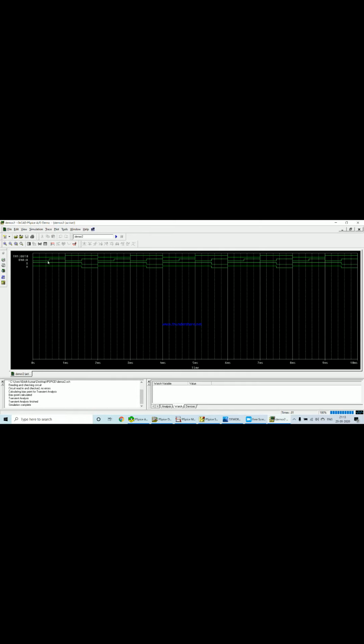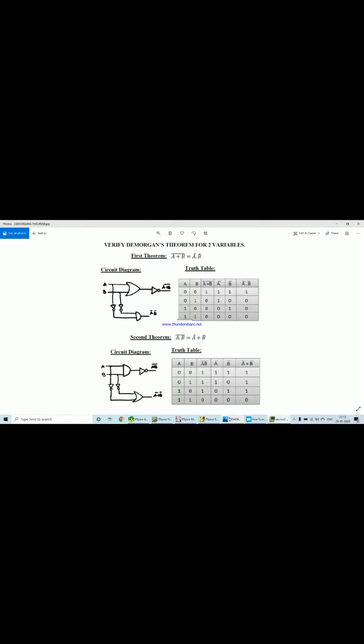I have simulated now. You see these are the two inputs that I have, whereas X and Y are the two outputs. For 0 0 it is 1, for 0 1 it is 1, for 1 0 it is 1, and only for 1 1 it is 0. See, all of this is 1, all of this is 1. Till 0 0, 0 1, 1 0 it is all 1, and only for 1 1 it is 0. If you see the truth table, only for 1 1 it is 0, while for all other combinations all the outputs are 1.